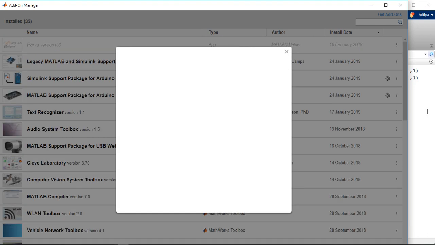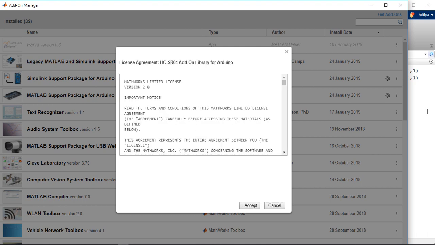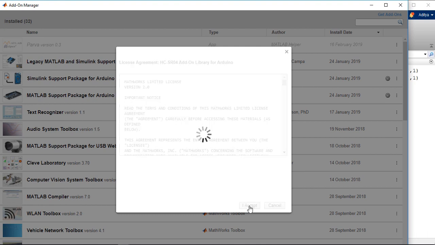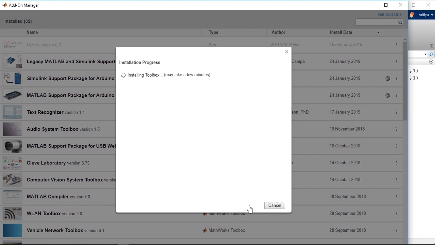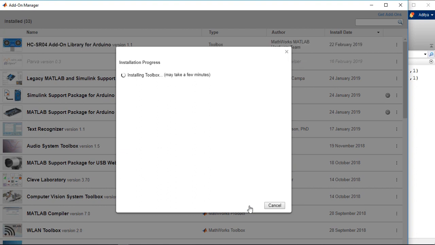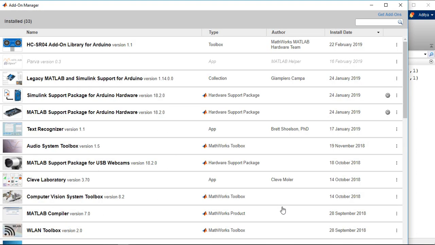In similar fashion, you can also install this package as well. You have to accept some agreements that installs the toolbox. This might take a few minutes. So yeah, that's done.